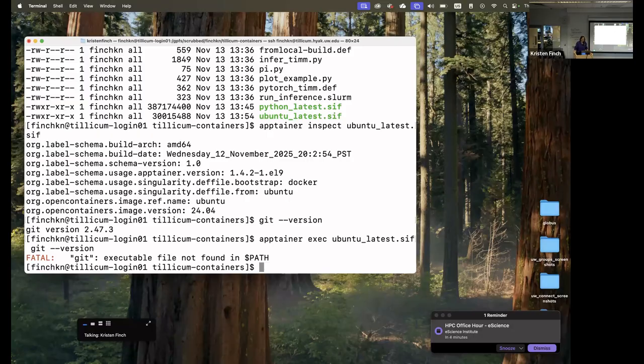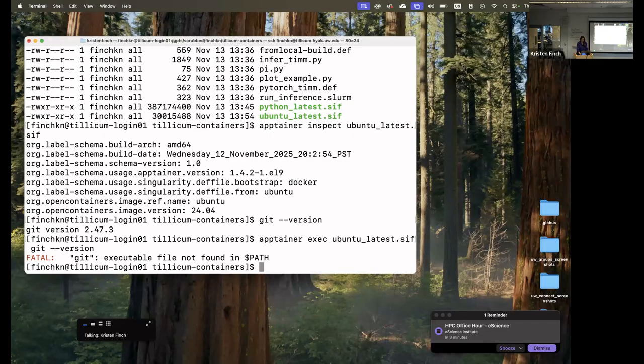So how do we fix that? There are a few ways. We need to rebuild the container so it has git within it. You have to install it as you're rebuilding. So one method to do this is the sandbox method. This is a way to interactively install things into your container. I don't personally like this method. I like to have the recipe file so I have a paper trail of what I did to prepare my environment. But I do want to say that this is not. So to make a sandbox,